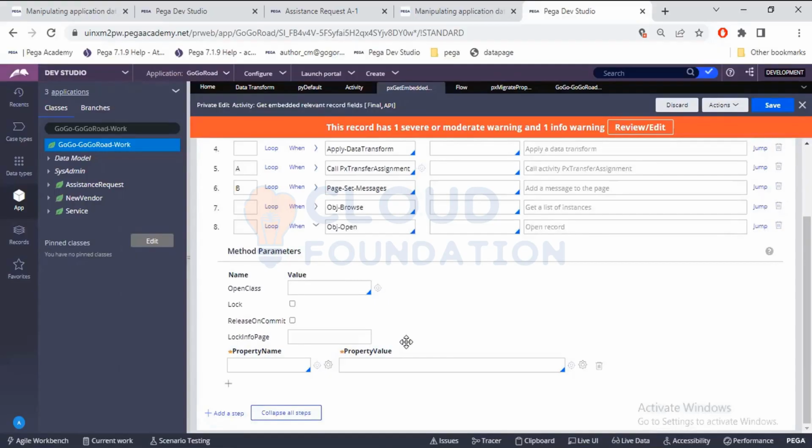What is Obj-Browse? Obj-Browse is to fetch multiple records from a database. Obj-Open is to fetch a single record from a database. If you observe this table,